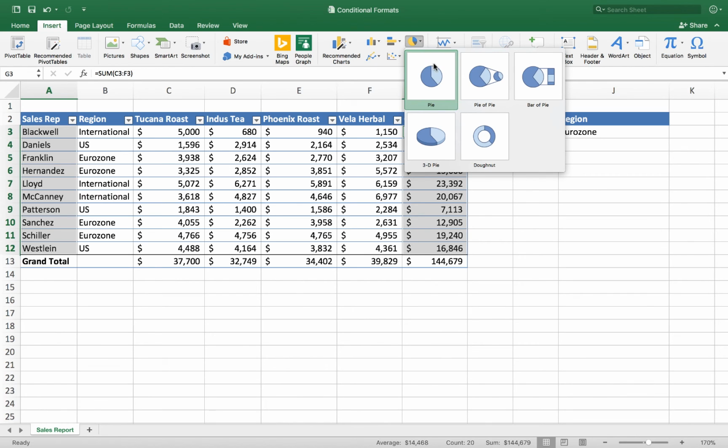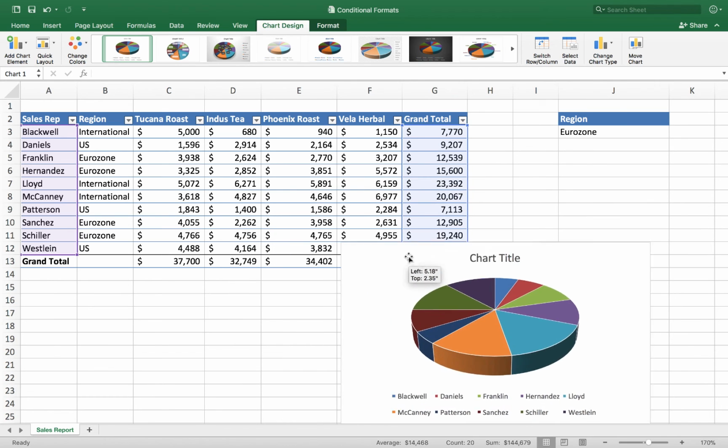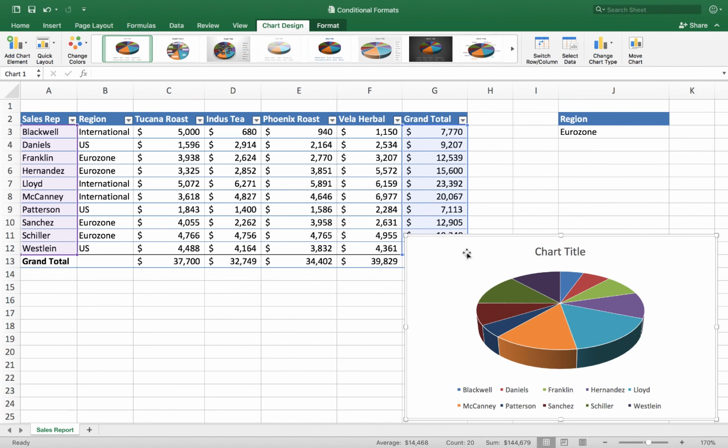So if you wanted to have a donut chart, go ahead. I think that 3D pie chart looks pretty tasty there. I'm going to go ahead and choose the 3D pie chart. So I click on that, and cool. There's my chart, and I've got a nice visual of what percentage of the total each of these guys contributed. And just like when we were working with the tables and the Sparklines, I've got some new contextual tabs up there: the chart design and the format tab. I'm going to drag this chart over to the right a little bit to get it off of the data.